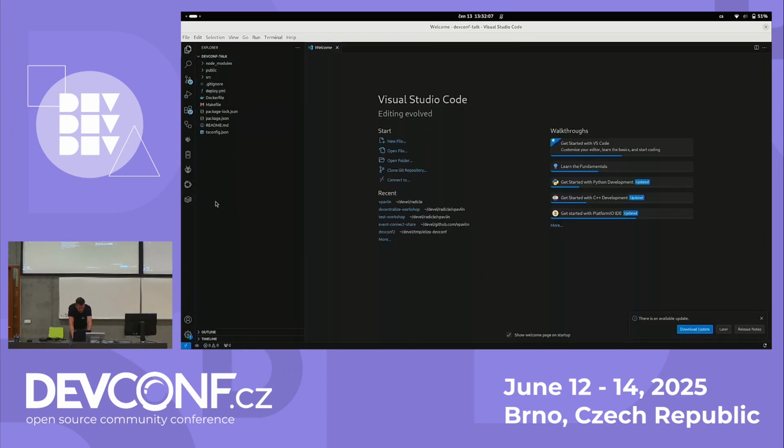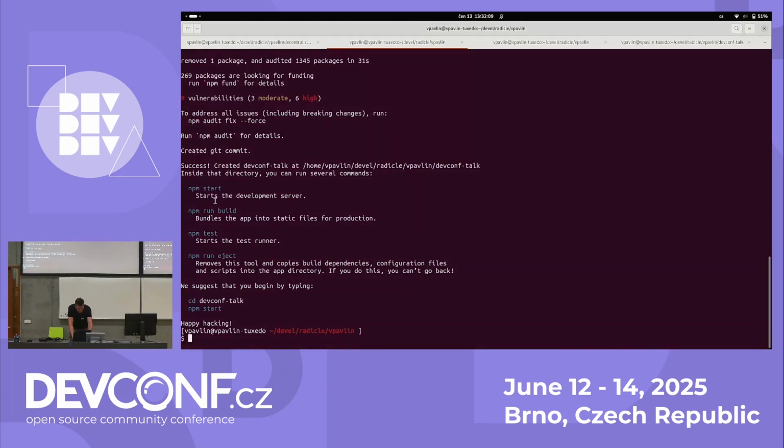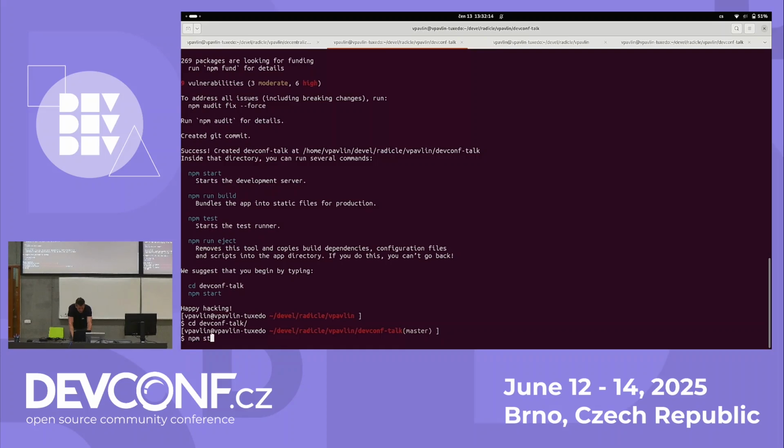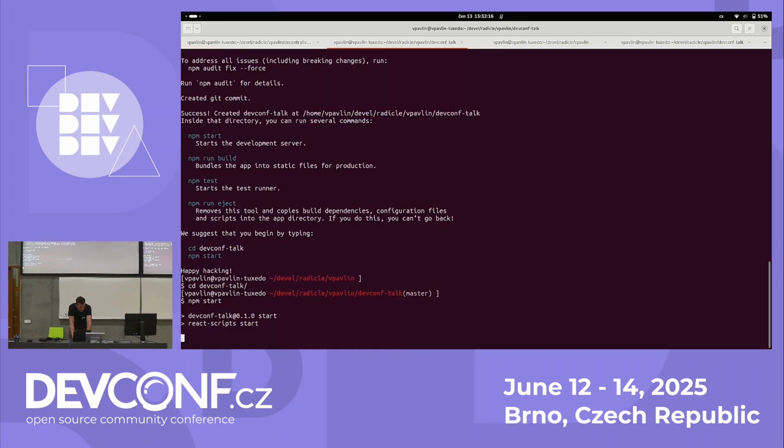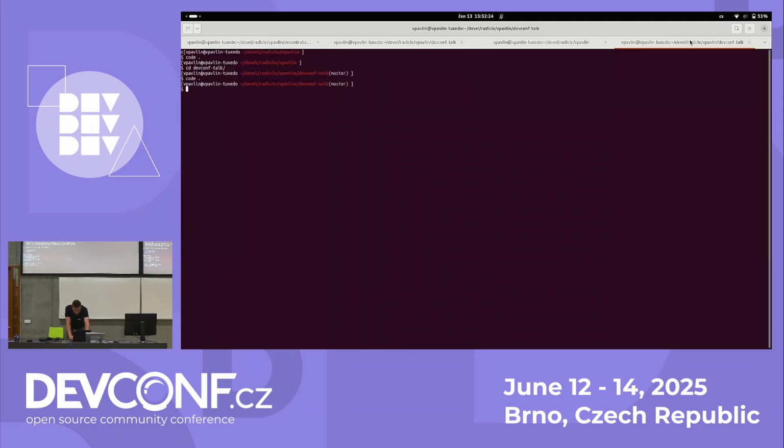Okay. We can try to run this, so we can do npm start probably, and it should start the basic React template. And in the meantime, I don't know what it's doing and why it's not working. We can push the repo.